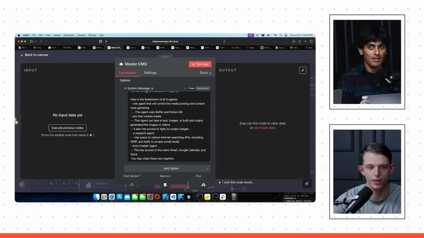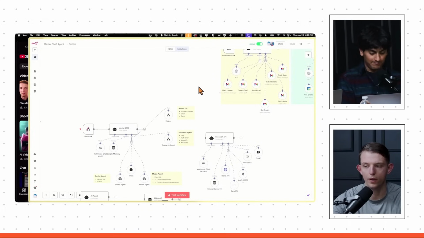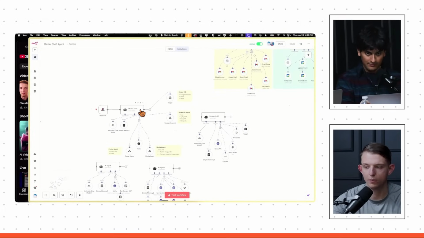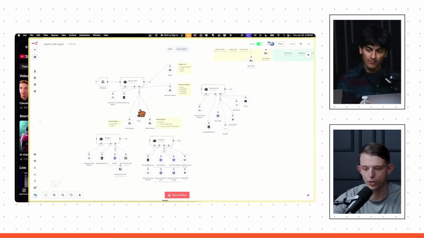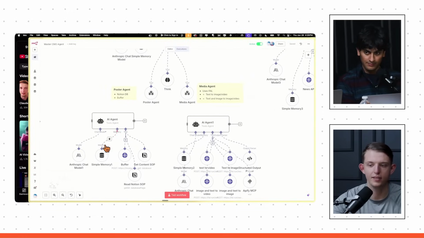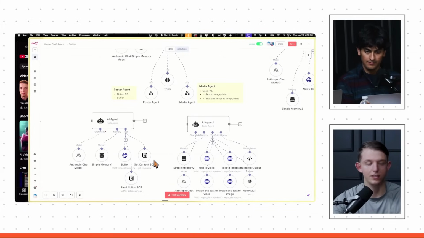Totally. And if you go to my screen real quick, one other thing when you're thinking about this is access to Notion. If you can see here on the poster agent, it has access to Notion. Here is where we have our SOPs, like get content SOPs. I have a list of all the good hooks I've used, a list of how I do my podcast research, and a list of how I do long form, short form, and tweets. It has access to all of that information.